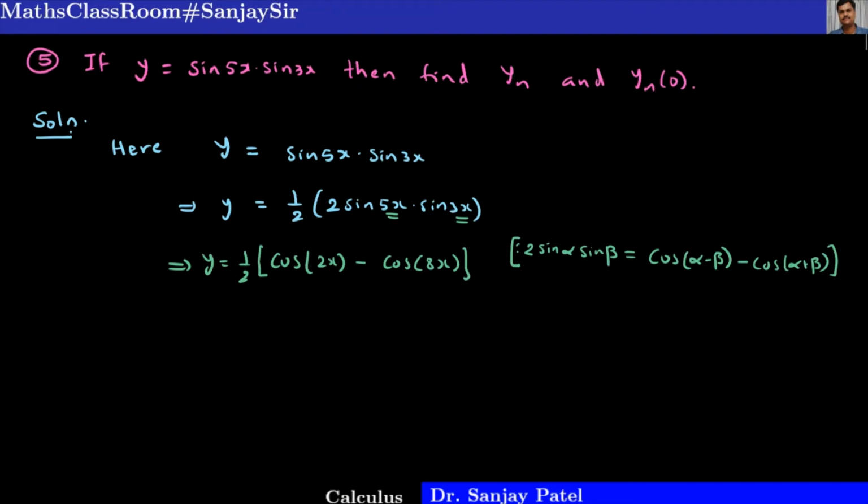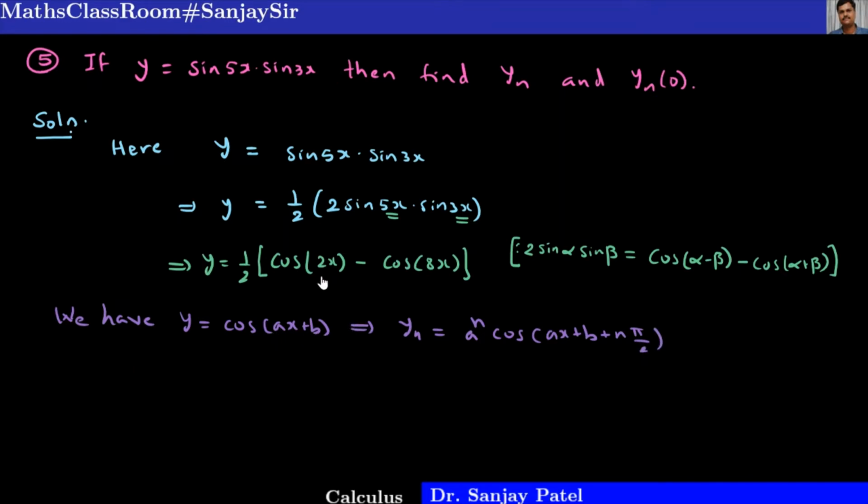And we know that if y is equal to cos(ax plus b), I am just writing that formula so that you can understand, then yn is equal to a raised to n into cos(ax plus b plus n times pi by 2). So using this formula for both of these terms for taking the nth derivative, let us call this equation 1. From 1, I can write